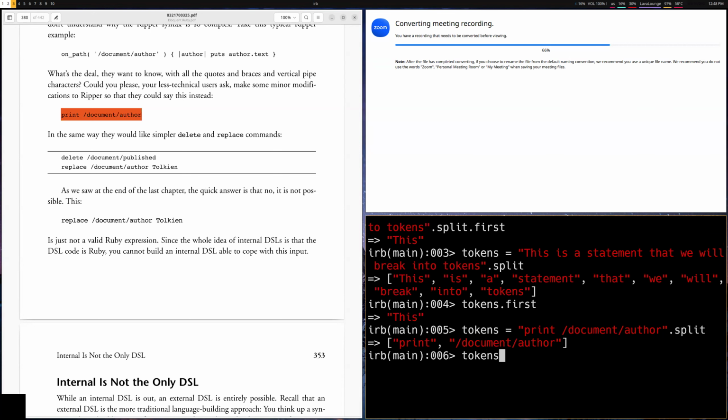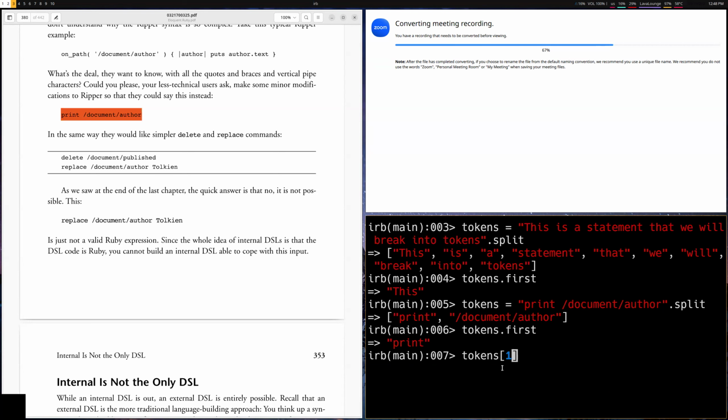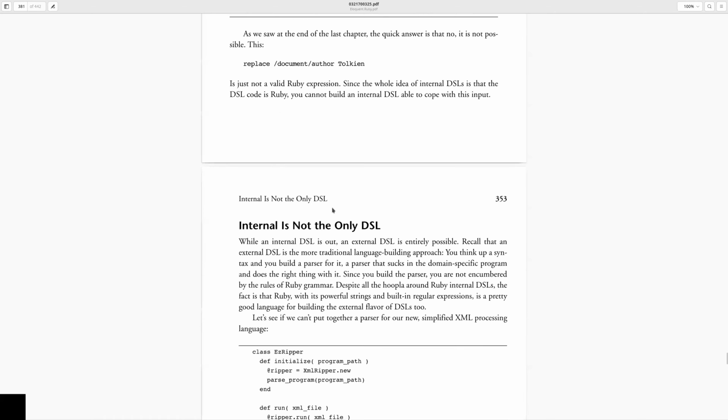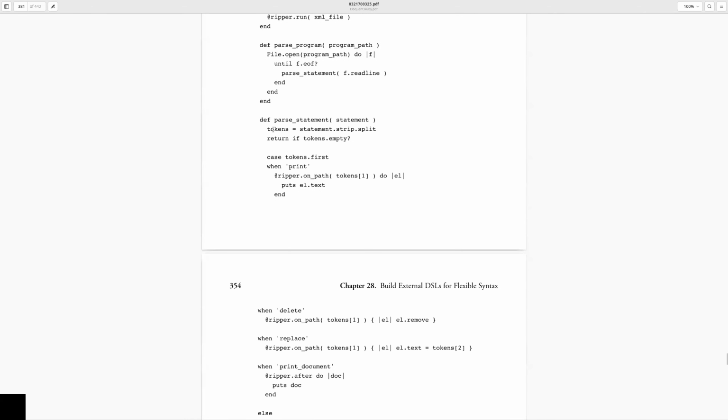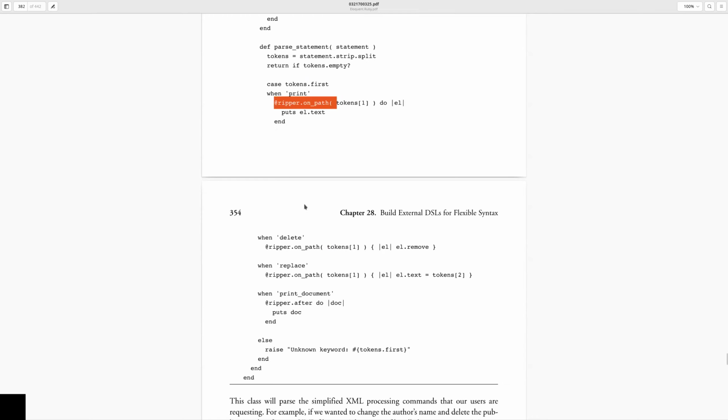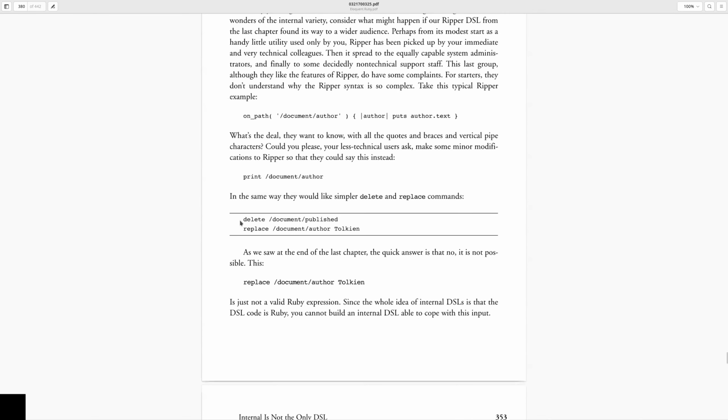Okay, so tokens dot first is going to be print, and then tokens at some other index, let's say index one, is going to be document author. So in this code, we split up the code into the different tokens, and then we basically say, okay, what is the first token? When the first token is print, this is what we're going to do. When the first token is delete, this is what we're going to do. And so we're going to handle all of those different commands that we said we wanted to handle: delete, replace,